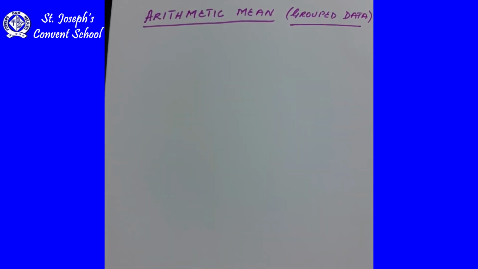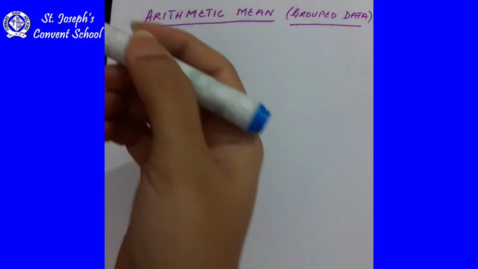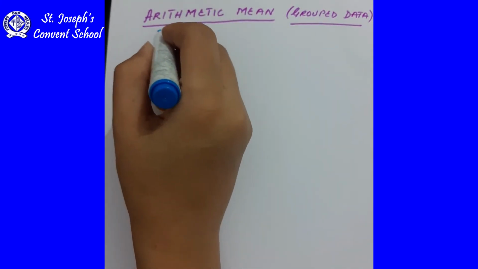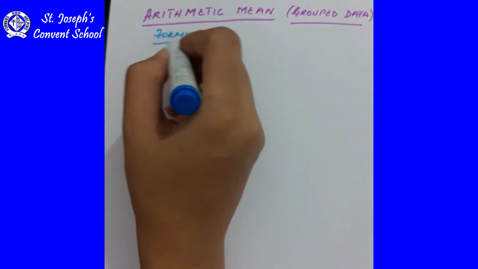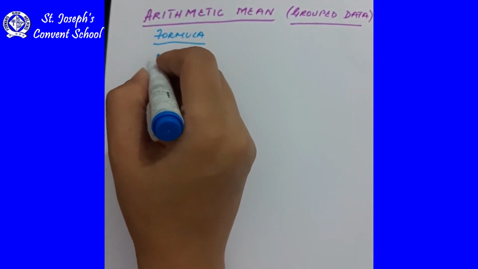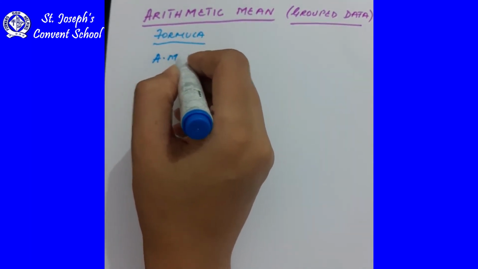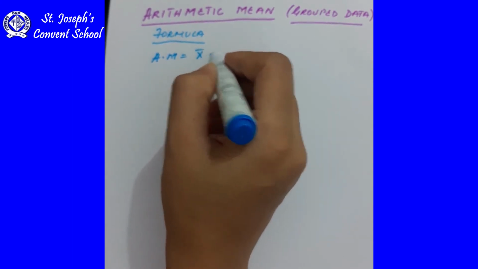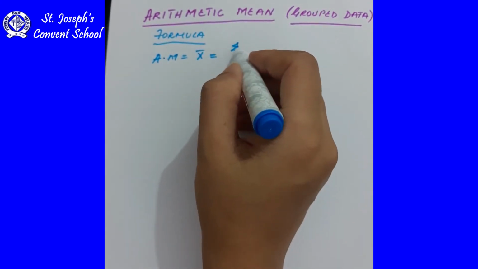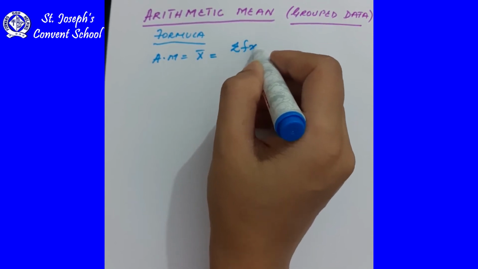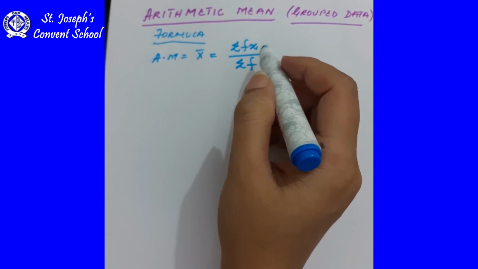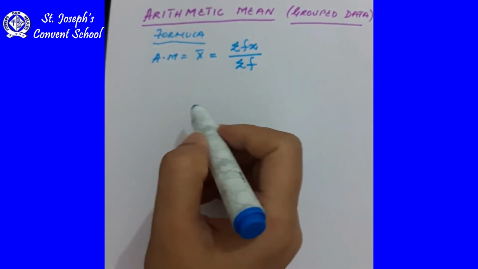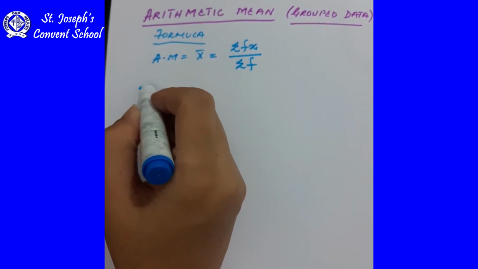First we will write the formula of group data. The formula is different. Formula for group data: arithmetic mean equals x bar equals summation fx or sigma fx upon summation f or sigma f. Now this is the formula for group data. Now where